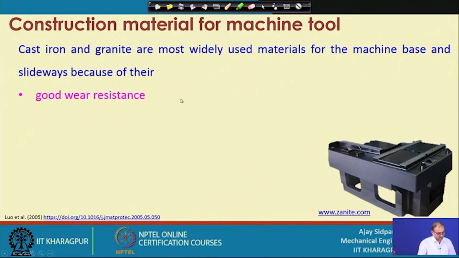One is the good wear resistance, because if you see all the conventional lathe machine and the milling machine, your base you will find is cast iron. Granite is next to cast iron, which is also widely used. Low thermal expansion, because even if there is a temperature difference in the climate, because mostly when you install a